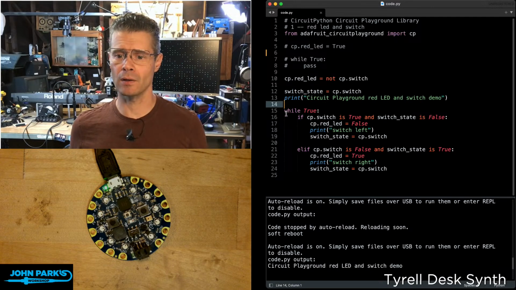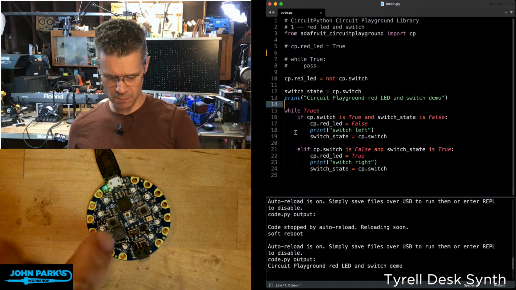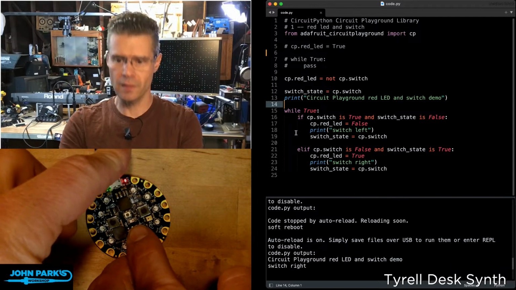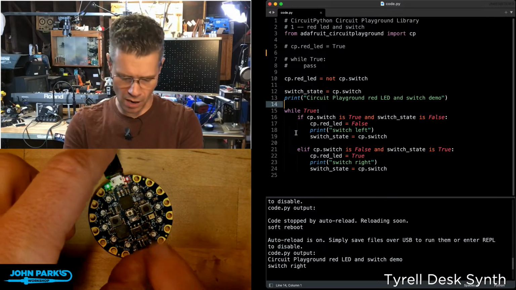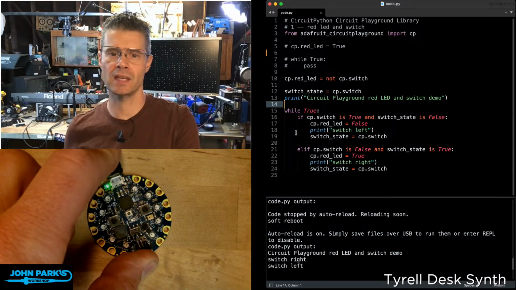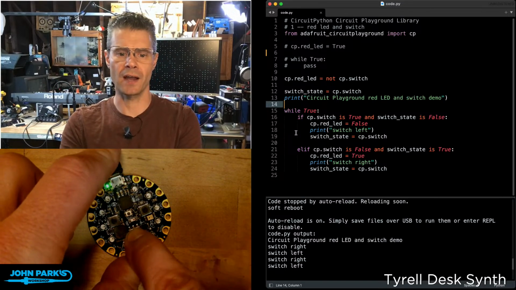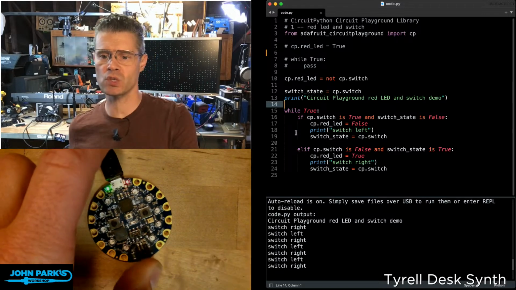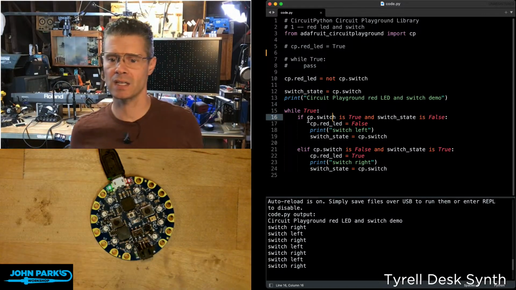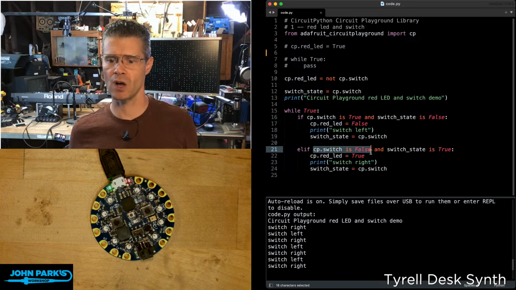And then in my main loop here, I'm saying if this CP switch is true, then we're going to set the LED off. If it's false, we're going to set the LED on. And that just has to do with the direction of the pull down resistor on that. So you can see here, I'm reading a switch with just this little simple command. If CP switch is true, or if CP switch is false.